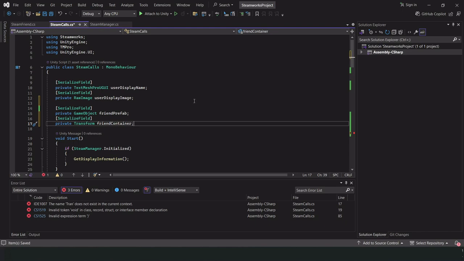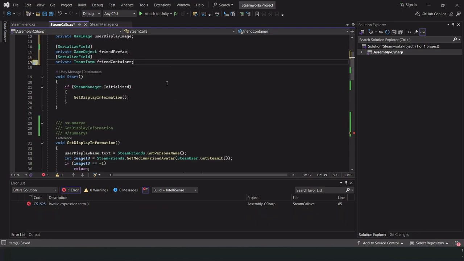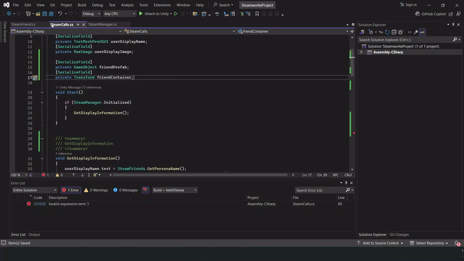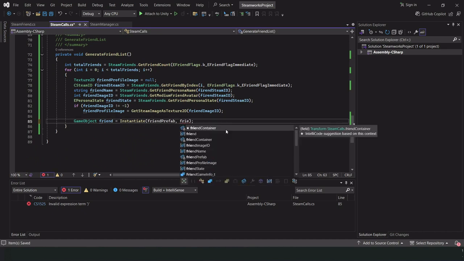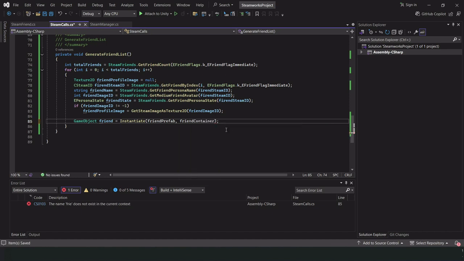Friend container. Okay. Give it friend container here. Okay. Once we've got that sorted, we can then